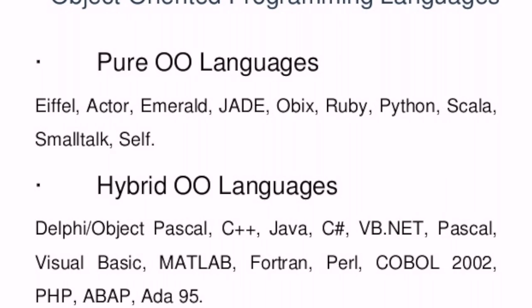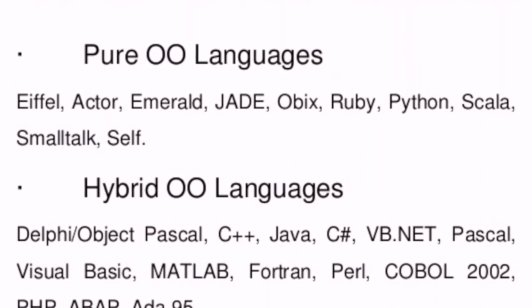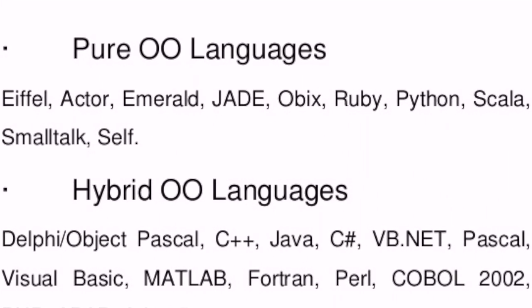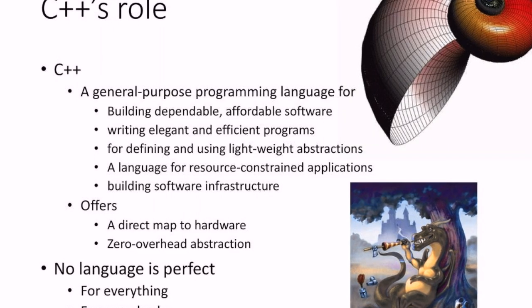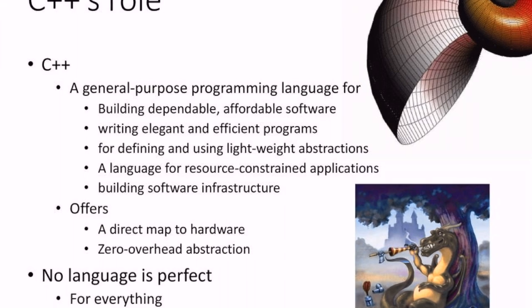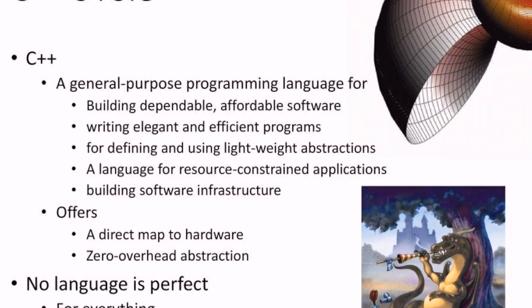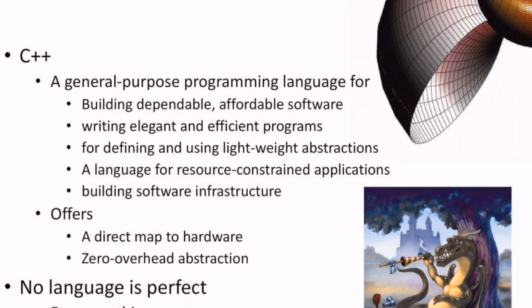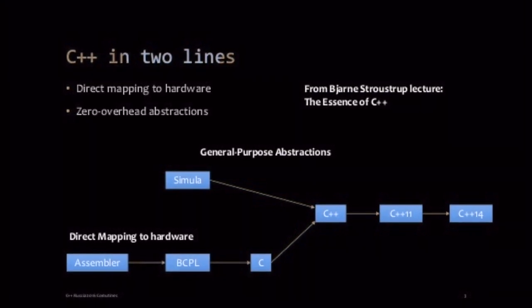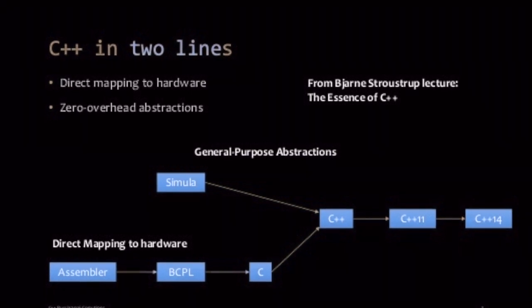You can write C++ code without using classes and it will compile without showing any error messages. The language contains some extensions over C that make object-oriented programming and generic programming more convenient. It has two main concepts: direct mapping of hardware features and zero-overhead abstraction. This is why C++ is often touted as a lightweight abstraction programming language that's used for creating efficient abstractions